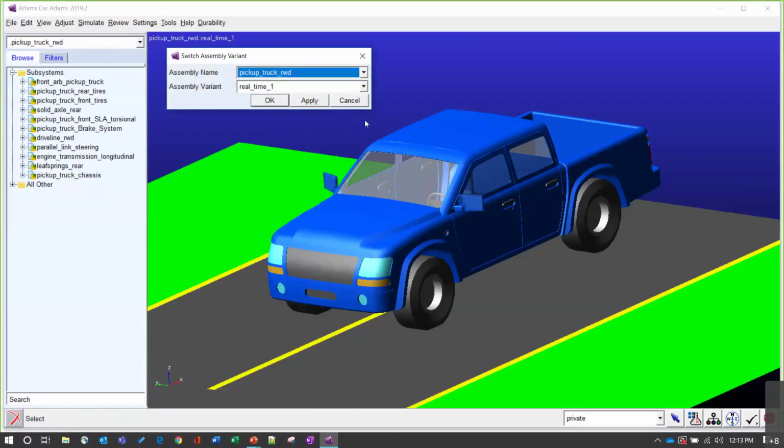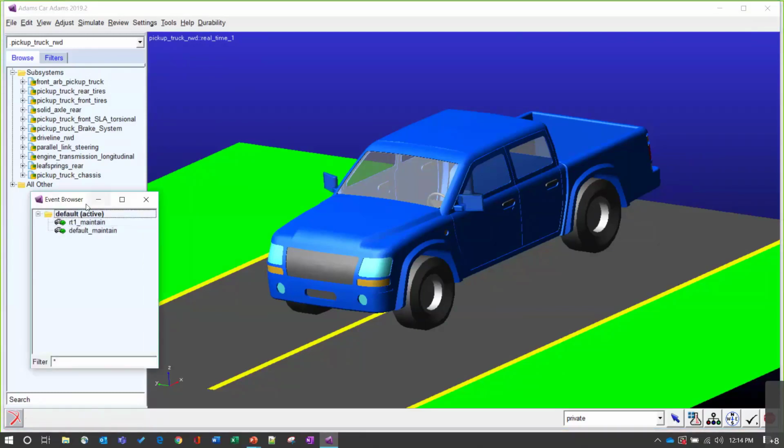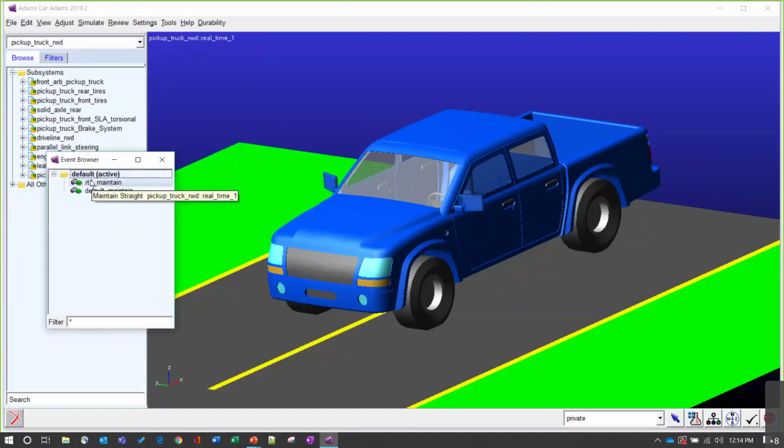You have the ability to switch between variants using this tool here. You'll also see you have the ability to create and save events in the event browser. Here what I've done is just created a simple maintain event using this to demonstrate